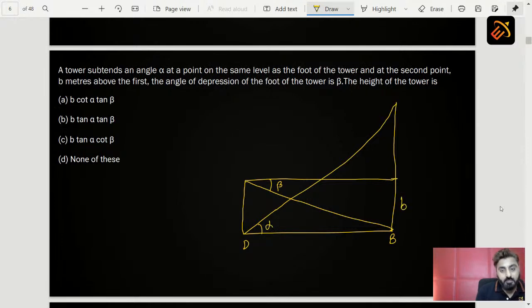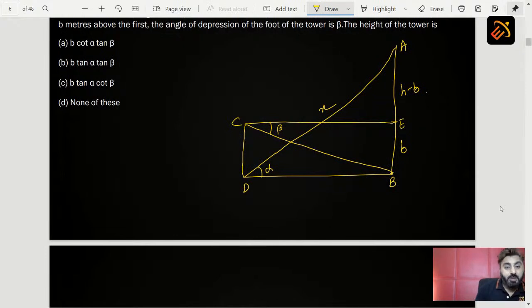Let's say this is B, so this will be h minus b. This is the top of the tower A. Let's give names. And this is C. This is some length x. We don't know. Correct? Now, if you see this diagram properly, students,